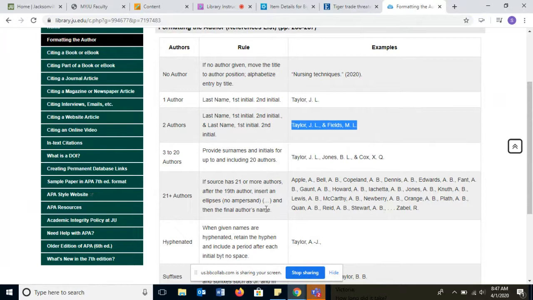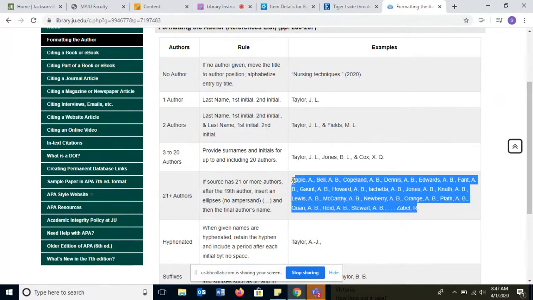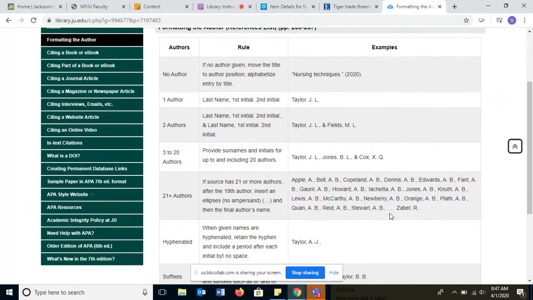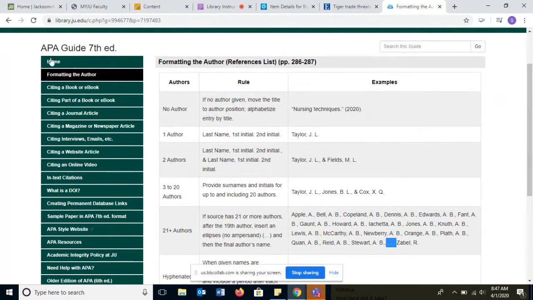Now, it's very interesting because with the new version of APA, if you have 21 authors or more, after the 19th author, you're going to put an ellipses, which is the dot, dot, dot, and then you're going to put the last author. So you have to credit up to, well, actually up to 19 before you put the dot, dot, dot. So that's a lot of authors. So if you have any questions about formatting the author, check out the Formatting the Author part of the research